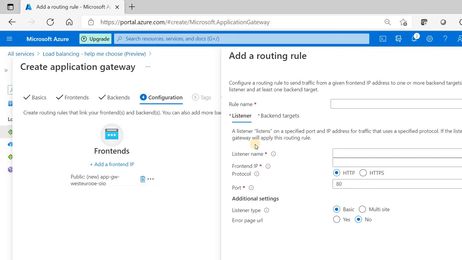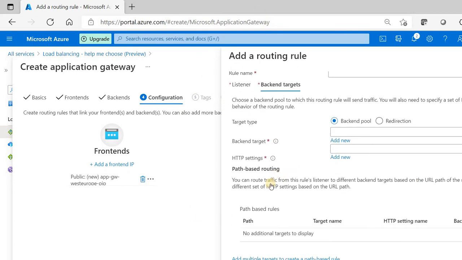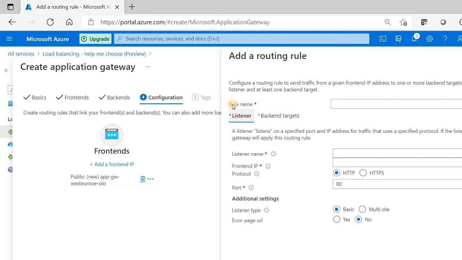So it's balanced based on the ports and the protocols, whereas the application gateway does it based on the URL. Now when we load balance based on layer 7, we have to configure a lot of settings. If you try getting everything on one page, it gets very difficult to manage things. That's why they have smartly named each one as per their role in routing the traffic.